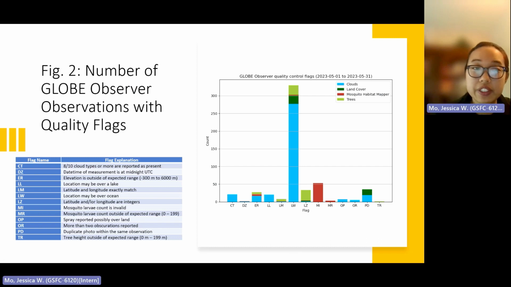Onto figure 2, this shows the absolute number of GLOBE Observer observations that raised quality flags. We can see something pretty interesting here, which is that the most common quality flag raised is LW, which indicates that the location may be over an ocean. And of the LW flags, clouds represented the biggest proportion of those observations that raised the flags. Part of this may be because there are simply a greater number of clouds observations compared to the other 3 protocols. But also importantly,